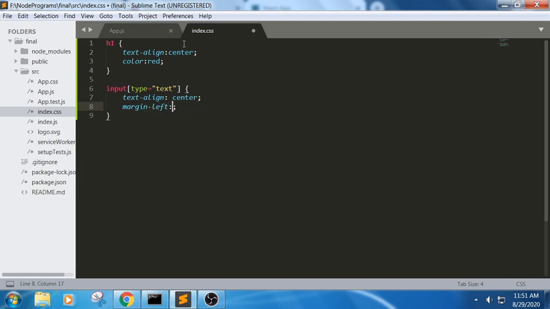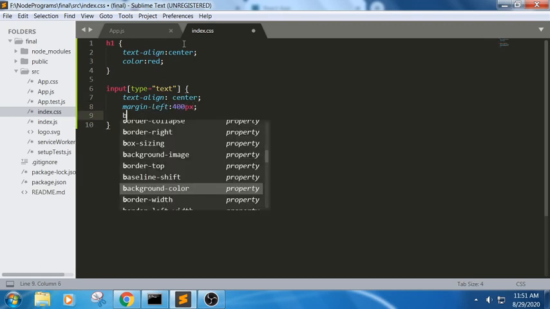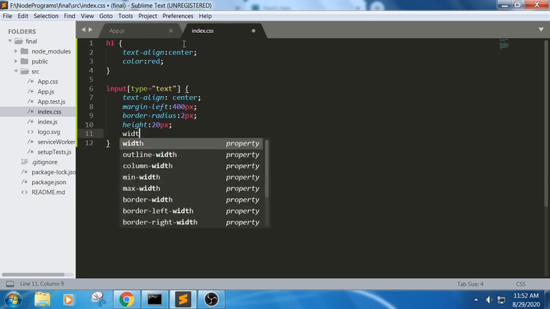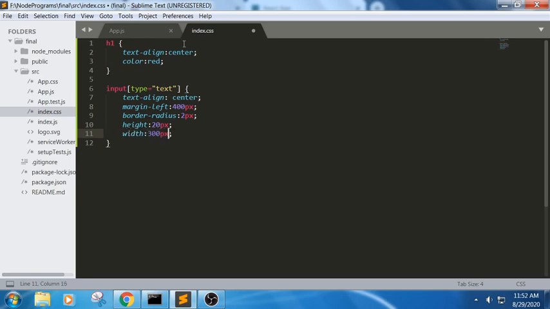I'm trying to write a basic CSS part here. Border radius for this input field. We have an input field, right, a text field. If we give 20 pixels, it will be in the form of a completely circular shape. And I'm trying to write height 20 pixel and width 300 pixel.